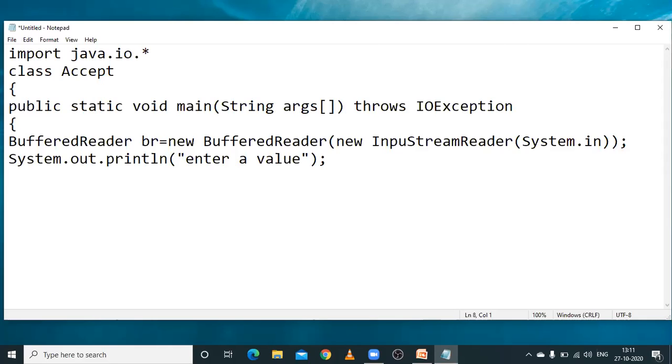After that we are accepting the value in the form of integer: int num equals Integer.parseInt of br.readLine.